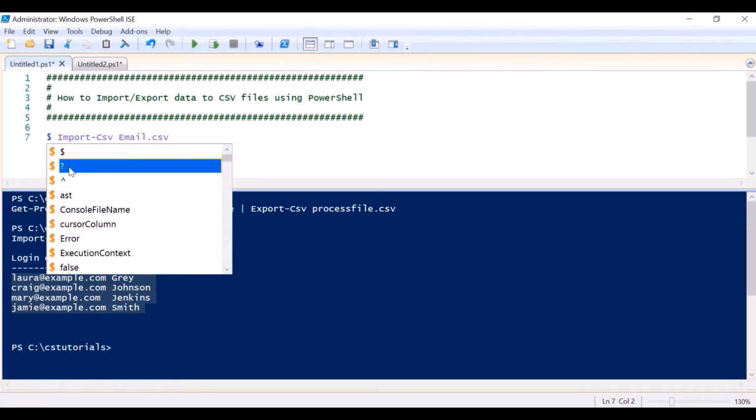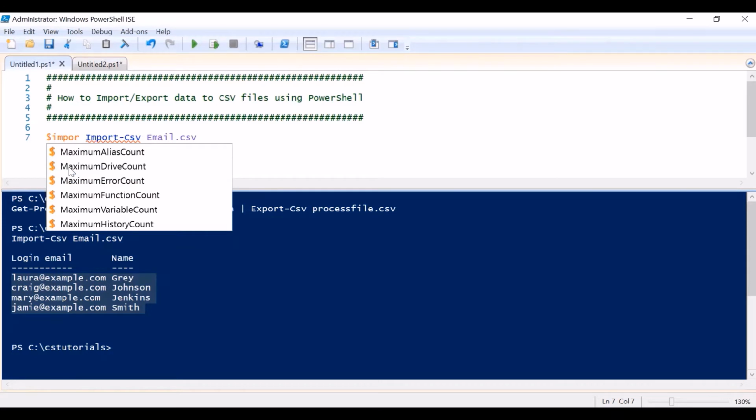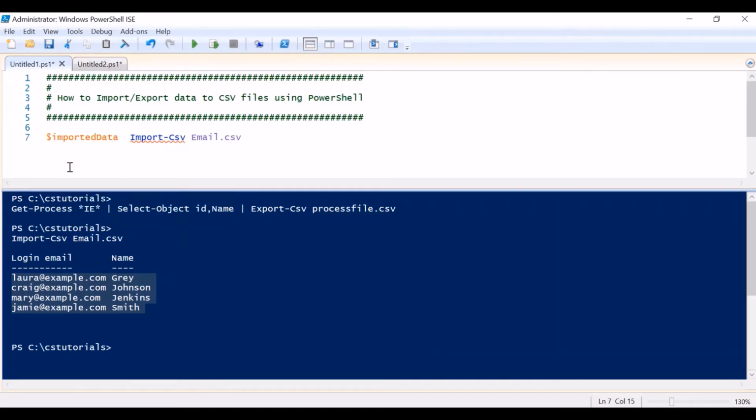You can also use the Import-Csv command to read data from a CSV file, and you can store the imported data into some variable just like this.